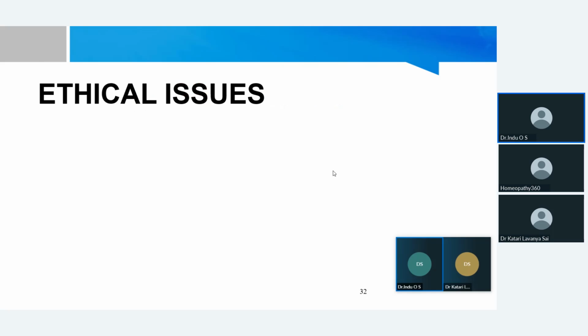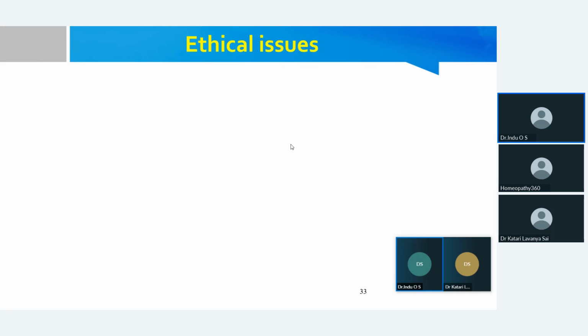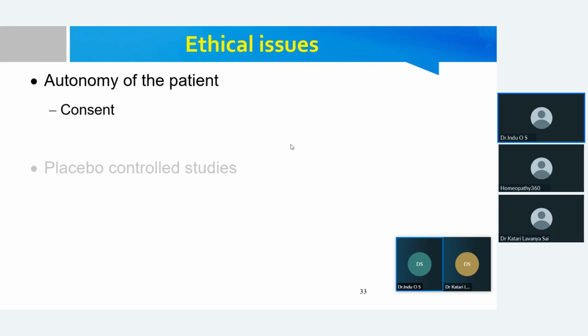Yeah, some ethical issues. While preparing a synopsis, we should consider the possible ethical issues while presenting the synopsis also. So if you are dealing with clinical studies, we should see the autonomy of the patient. That means we have to get the consent from the adult, as well as if it is a child, we have to get consent or assent from the child. For a child, parental consent is also mandatory.